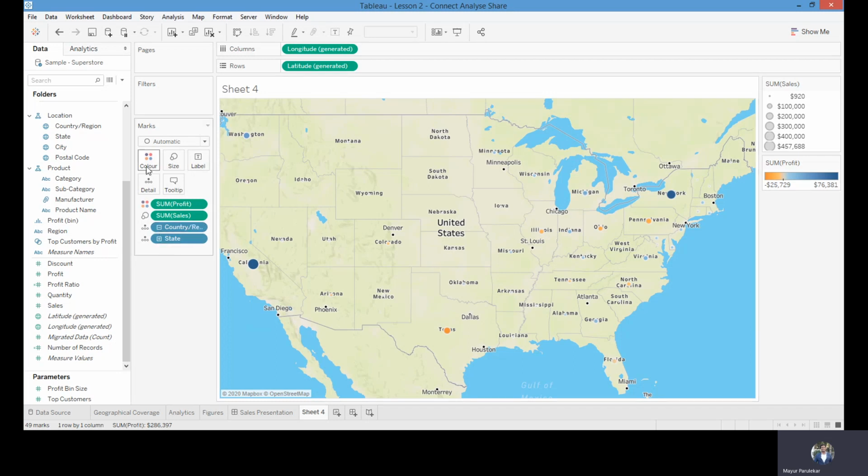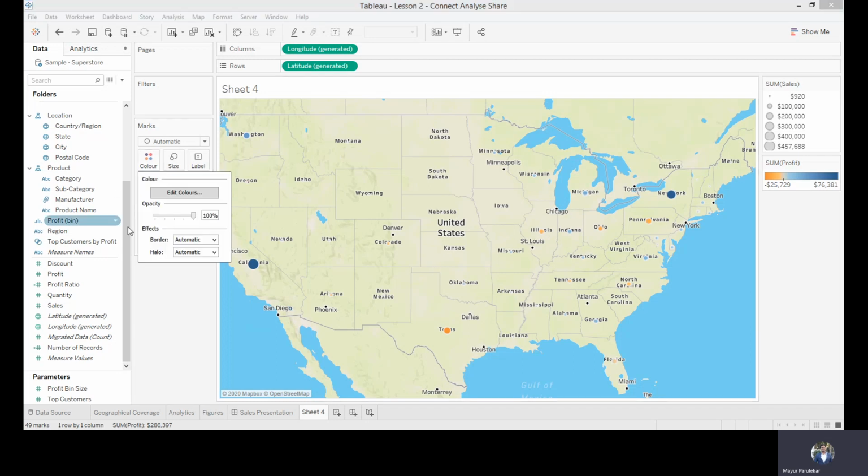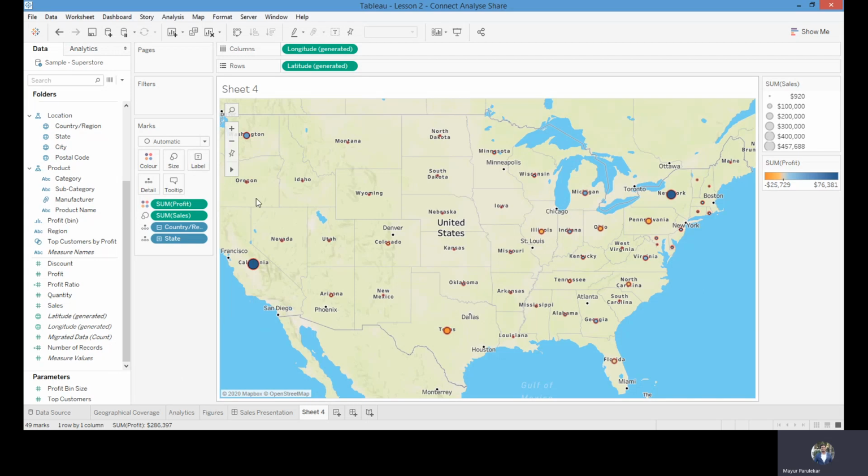Now, if you want to make it a bit sharper, what would you do? Give that a border. So the moment you give it a border, it will stand out. And what you can do is also give it a contrasting halo. Now, if you see, the moment I give it a halo, it stands out that now you won't miss out on any particular cities or states. All right. So this is basically our first visualization